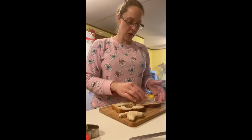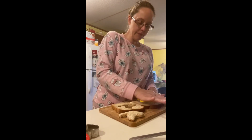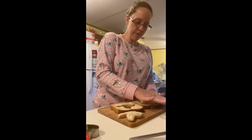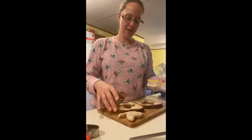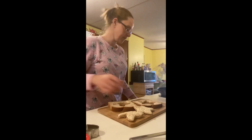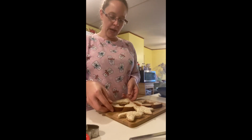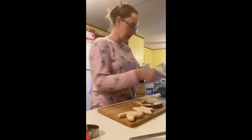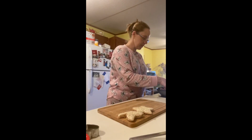Okay, now here's the star. I'm going to do the star in this piece of bread. Okay, and there's the star. I'm going to put that star over here. I'm going to save that star. Now I've got my pan on. It's starting to get warm. I'm going to go ahead and put my bread in to my pan so it can start to toast up